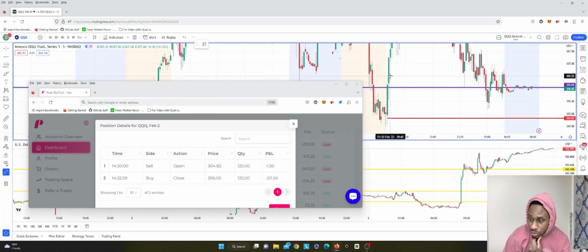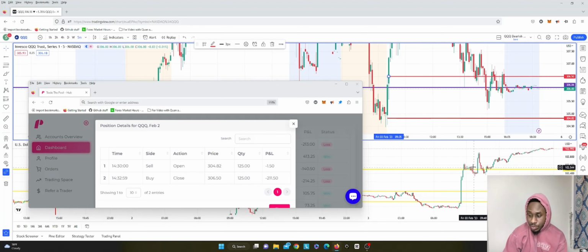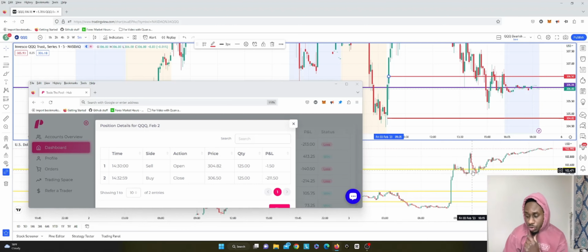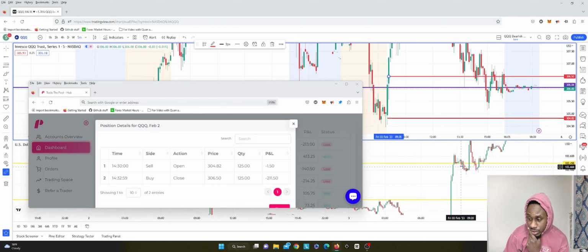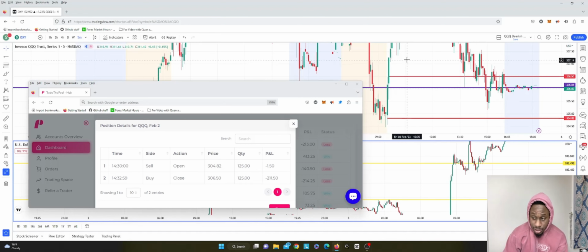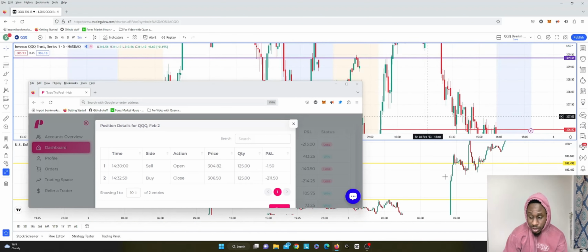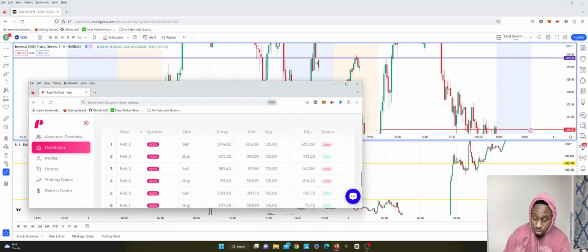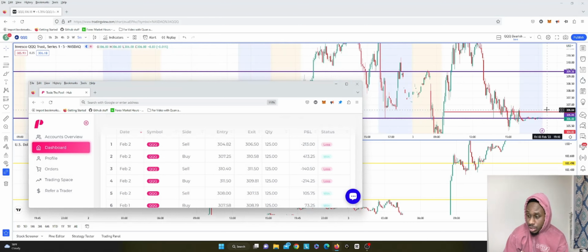But what's good to see is that you can see that movement on the dollar, and I've found that the dollar is kind of lagging. So at 9:30, let me see where 9:30 is here. At 9:30, we're breaking below this level of support. Yeah, that was the 9:30 candle on the dollar, right? So it going lower on the dollar is a clear movement for something probably extravagant on the QQQ. So that's what happened, and I got hit at my stop loss at 306.50. Just being wrong on the first trade cost me there.